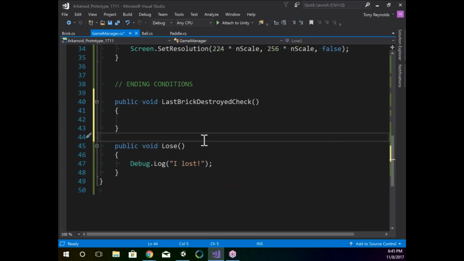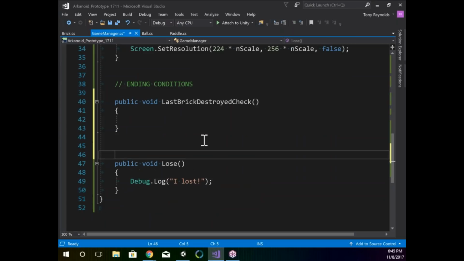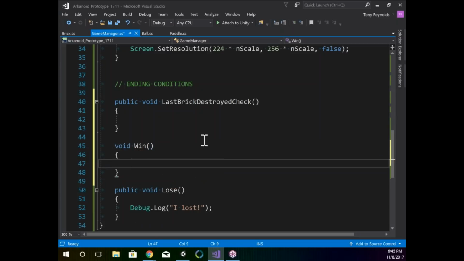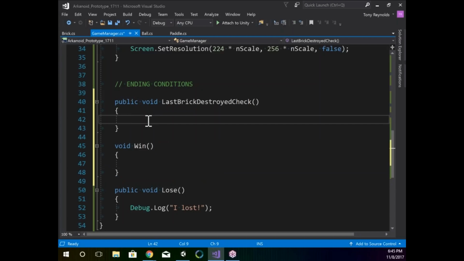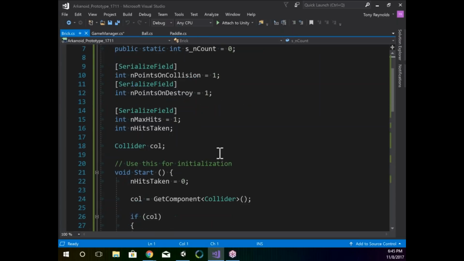And I do know that this is what's going to call When. So I can go ahead and prototype, or I can flesh in, whatever, put in the When method. All right, I'll flesh that out in just a second. But what I want to do is ask the brick class if its static counter has indeed dropped to 0. Now, remember that over here in the brick,